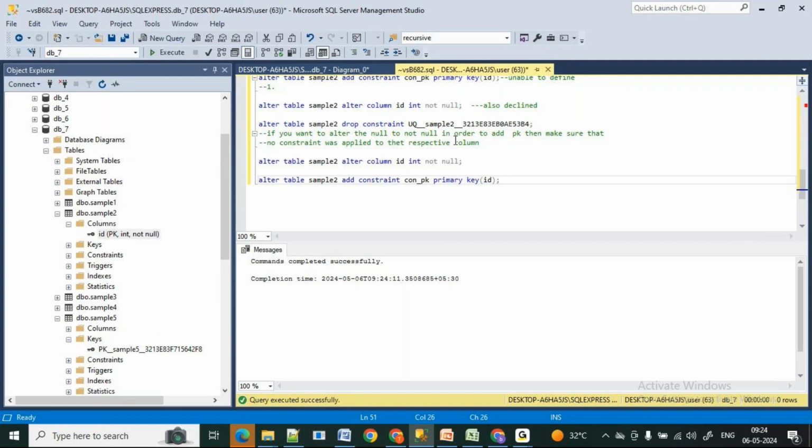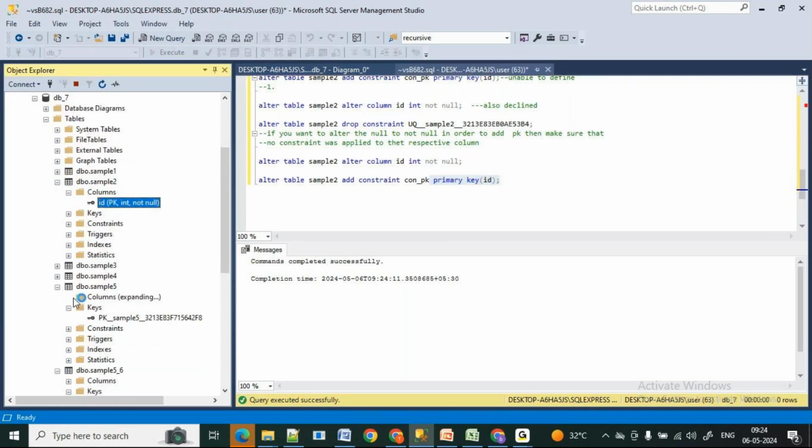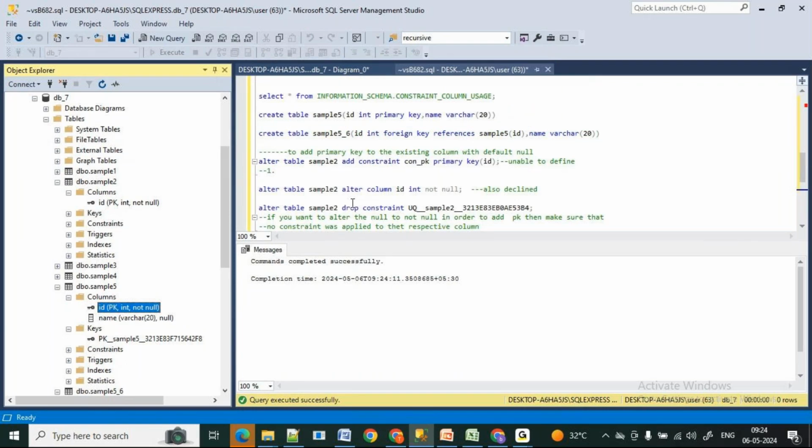Bhavya, there you have defined. Of course, see, whether I define it or not, the moment I take primary key, it is going to be not null. If you observe it here, see, it is showing not null. I did not declare not null to the column in the sample 5 table.